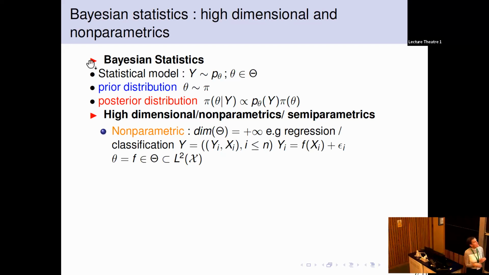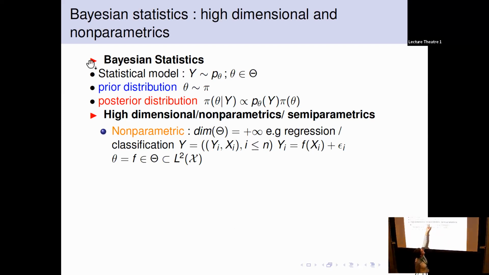Then, using Bayes formula, which is where the name comes from, you update your knowledge by looking at the posterior distribution, which is a conditional distribution of theta given y, proportional to the sampling model P theta times pi of theta. That's your object of interest. In Bayesian statistics, that's the whole thing you're interested in, because it gives you point estimators like the posterior mean, and credible regions, which are regions with high posterior probability, so measures of uncertainty as well as point estimators.